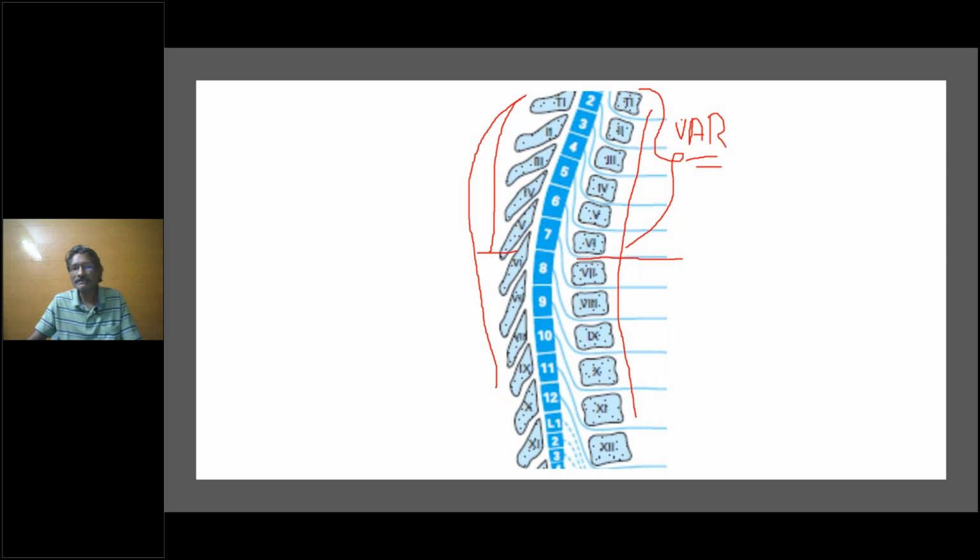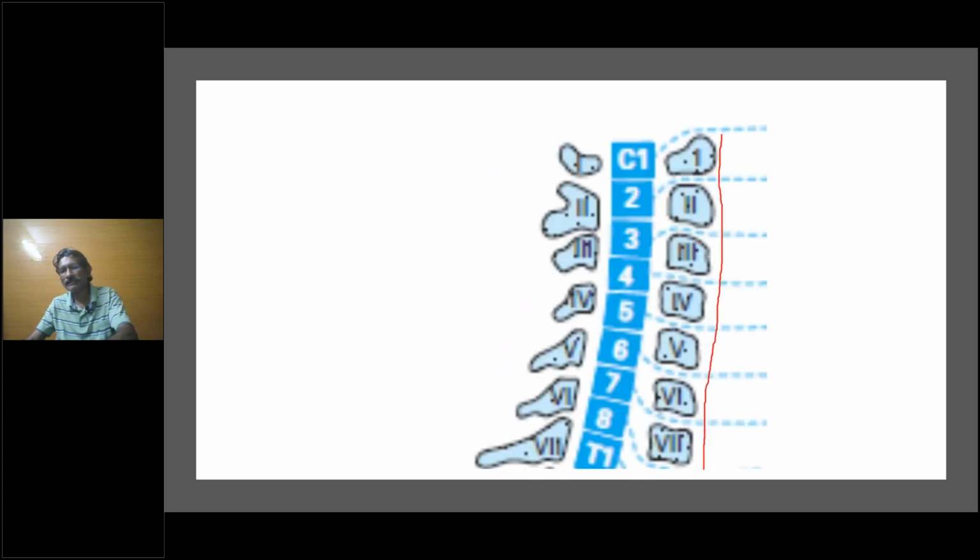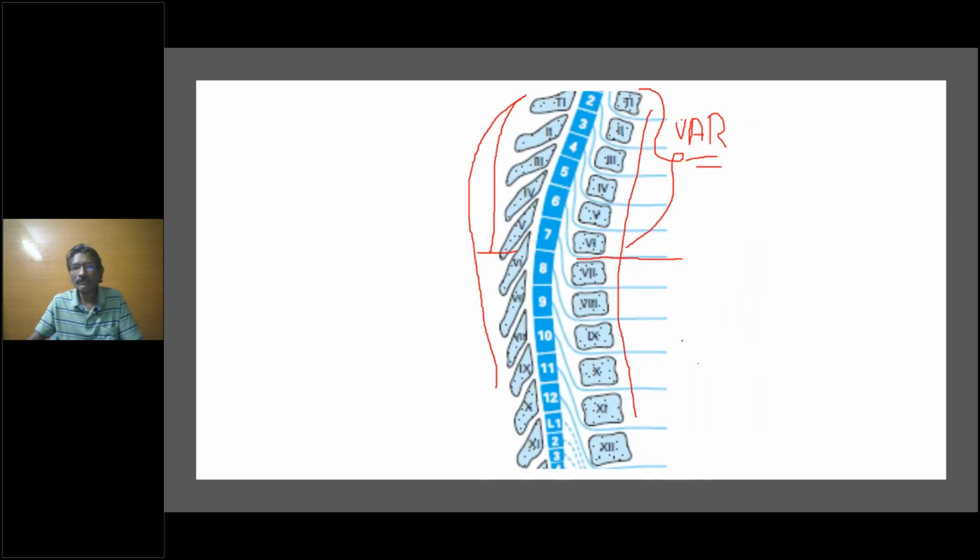So from D7 alone, it is reasonably straight. Something like how you saw in the cervical region. It's reasonably straight. So localizing is very difficult. Remember, the only localization you need to remember is the D4, D5 vertebra. I think you know that is the place where gibbus often occurs.